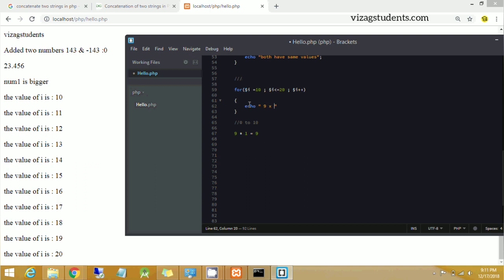I'm using X, and $I equal to, dot, $9, into $I. What will happen is, this is a static value, and this $I will come from this 1,